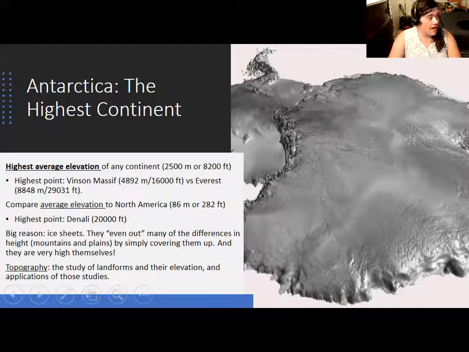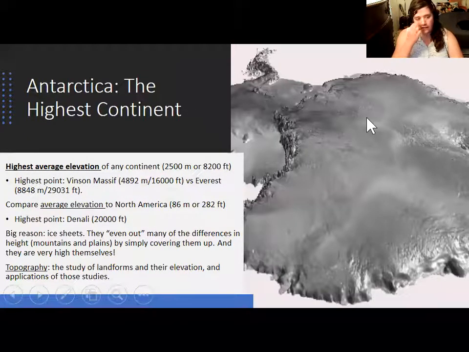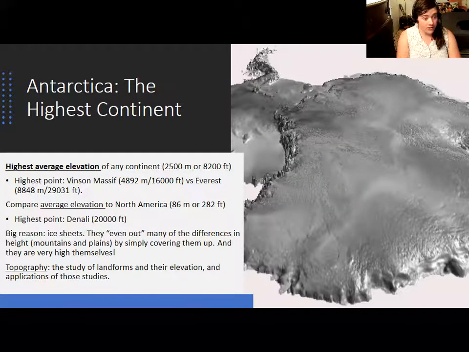Now, something you might be wondering about is why I describe Antarctica as the highest continent, because people know that Mount Everest is the highest point on Earth. Well, I've mentioned average versus individual measuring sometimes, and the Antarctic continent has the highest average elevation, which is if you take a computer model and get an approximation of all of the different elevations and then use computer modeling to figure out what that average is,